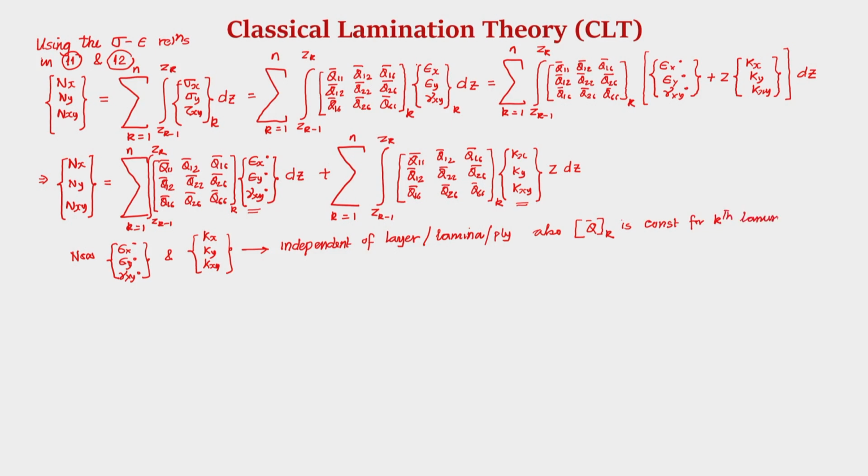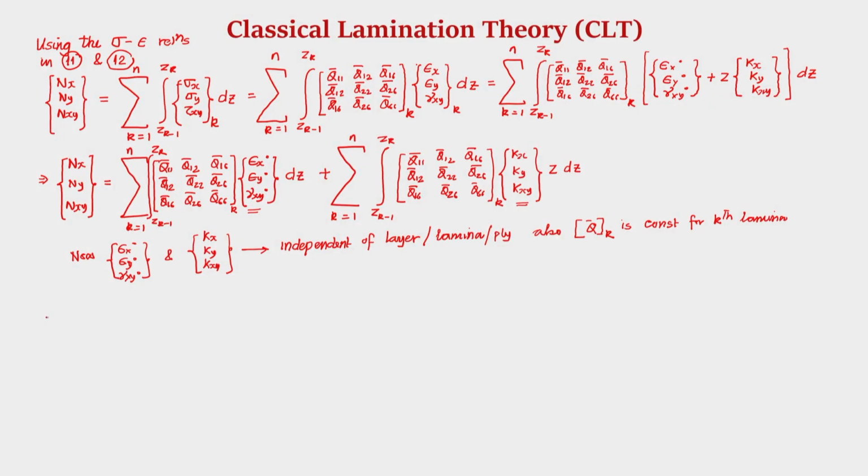That means, Q bar also does not vary along the thickness of that particular lamina. Why are we telling this? Therefore, we could take this Q bar outside the integration, and we could take the epsilon naught, that means the mid surface strain and the curvature, outside the summation sign also. Therefore, we can write